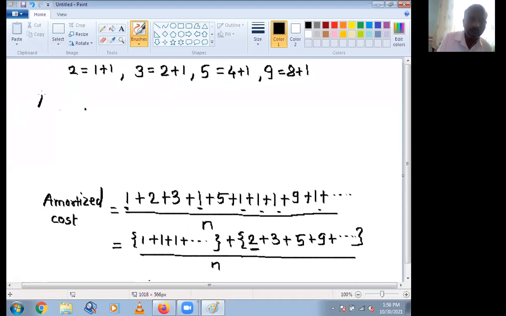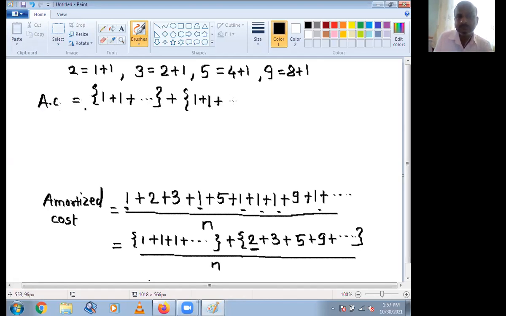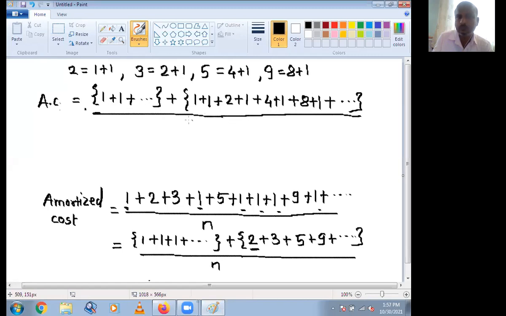That is, amortized cost is equal to 1 plus 1 plus up to the last one, plus instead of 2 we can write 1 plus 1, instead of 3 we can write 2 plus 1, instead of 5 we can write 4 plus 1, instead of 9 we can write 8 plus 1, plus dot dot dot, all divided by n.